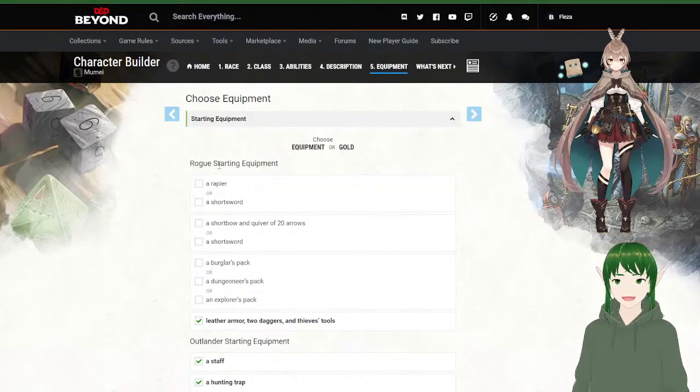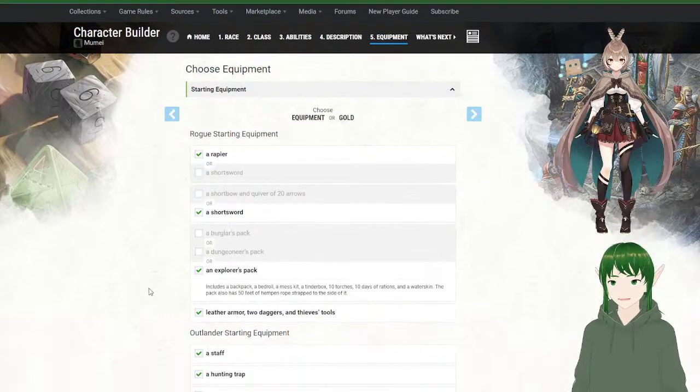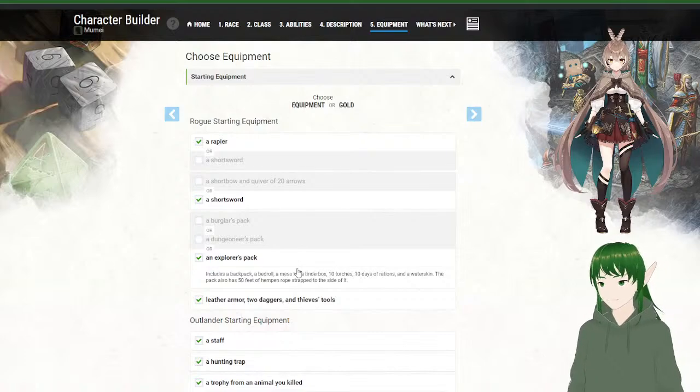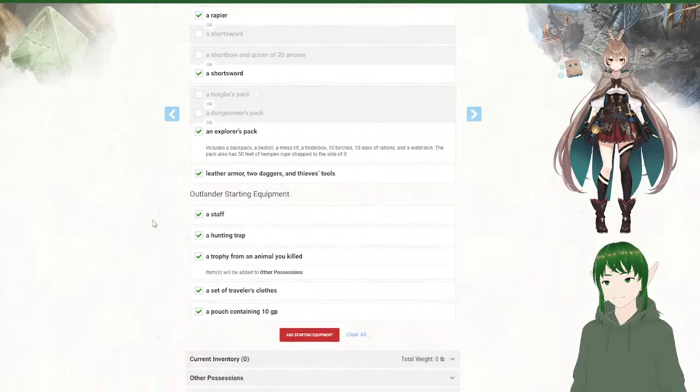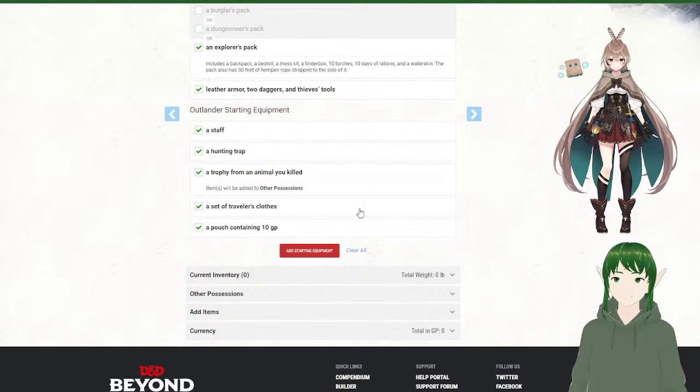Now we could do rapier and short sword, and we're going to give her explorer's pack because really she's an explorer more than she is a burglar or a dungeoneer per se. She gets those daggers that she really actually needs